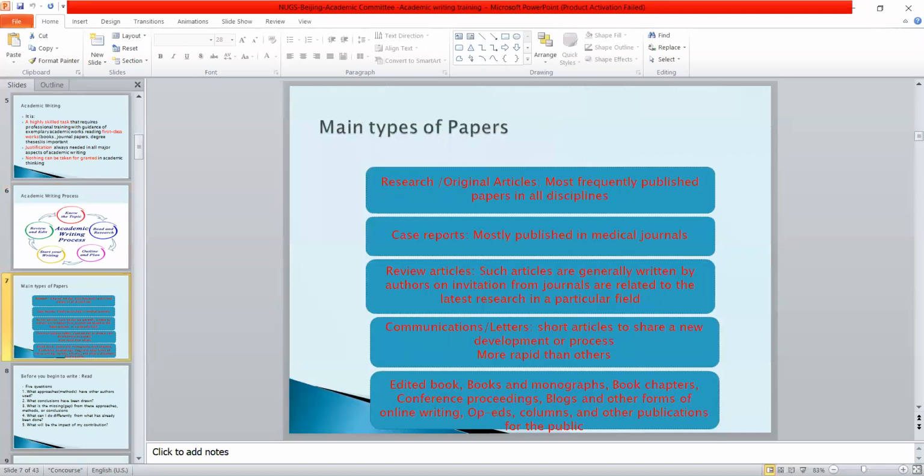Now that we understand what academic writing entails, assuming we have a topic and we want to start writing, one thing we must also consider is the type of papers we want to write. Most of the time we have what we call research or original articles. I happened to be part of the first presenter on the first day, and he mentioned something about originality. What makes something original? It means that the methodology, the literature, every aspect, you are trying to contribute something new to